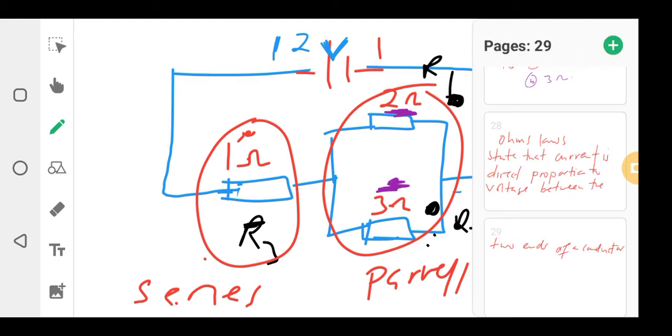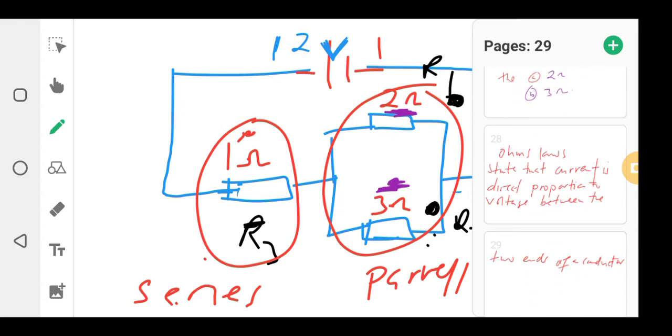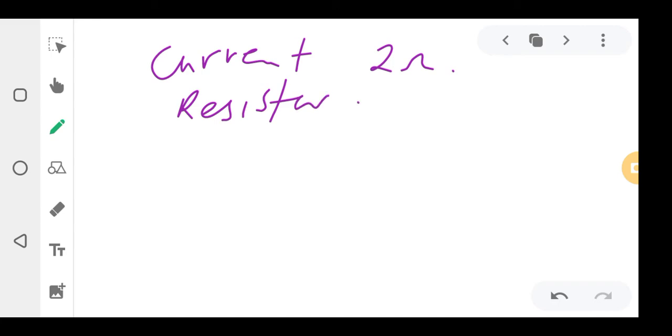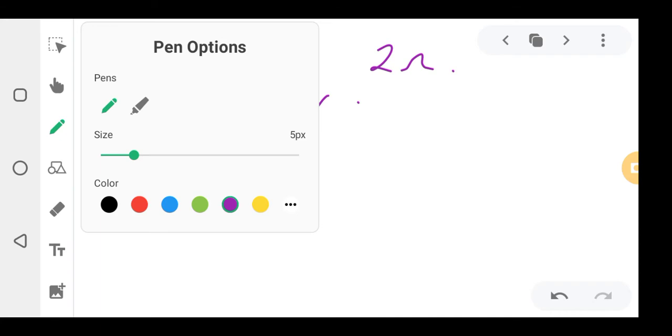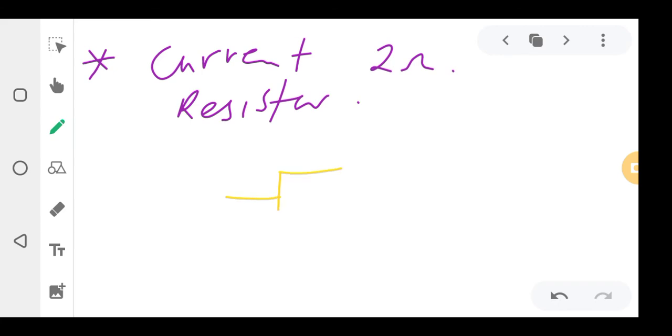I'll show you so that you understand. Since we're calculating that current, the first thing is to find the current in the 2 ohm resistor. That's the one you're starting with. The first thing is you pick that diagram, the part that has those resistors. Here is the 2 ohm resistor, here is the 3 ohm resistor. You pick this part, and then what you do is